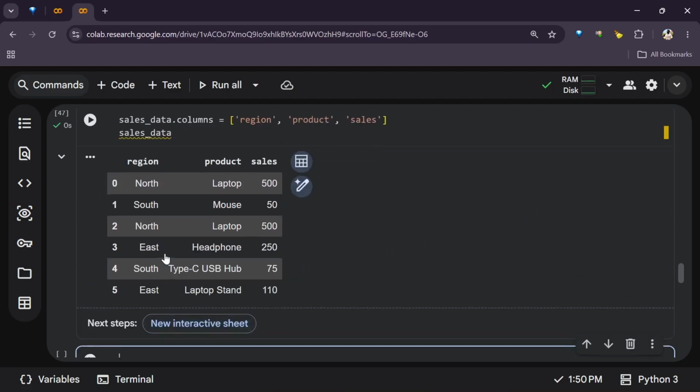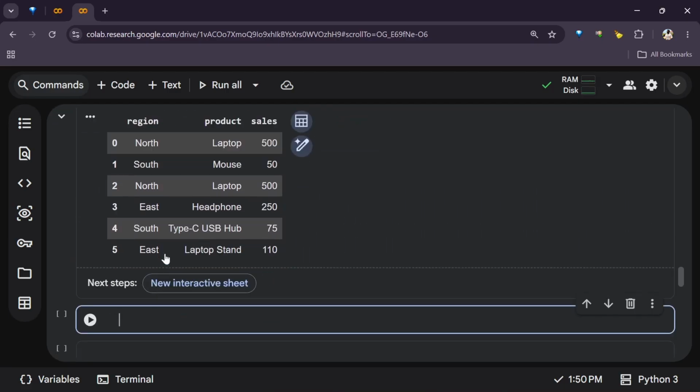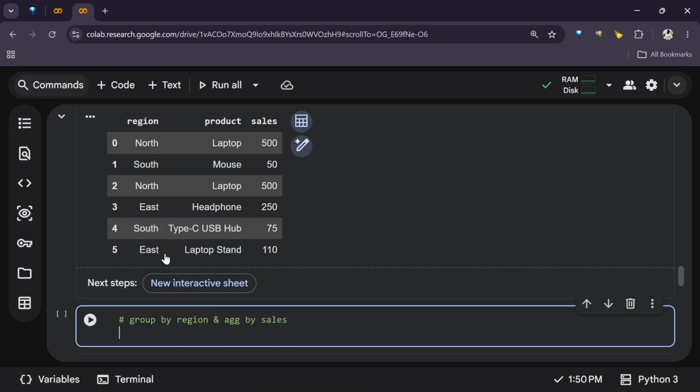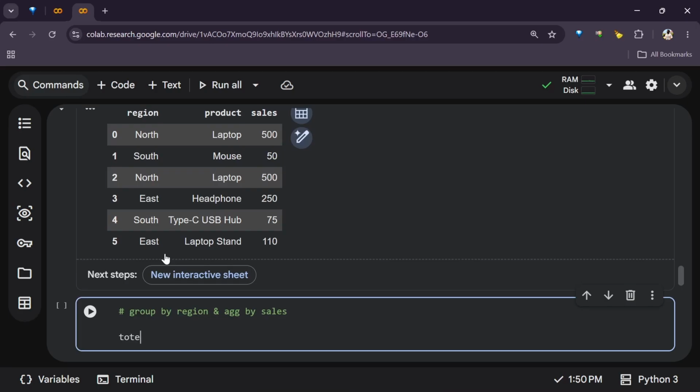So let's say we want to see total sales by region, right? So all we have to do is, that will be grouped by region and aggregates by sales. So we can just say total_sales_by_region, which is a variable name where we want to save our results, will be df, sales_data